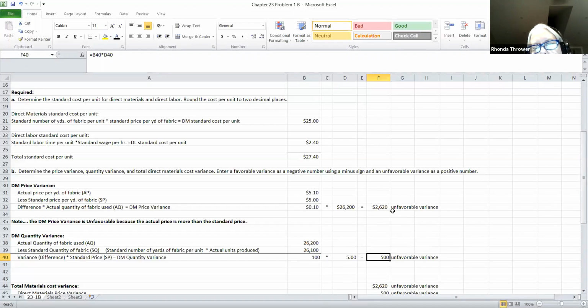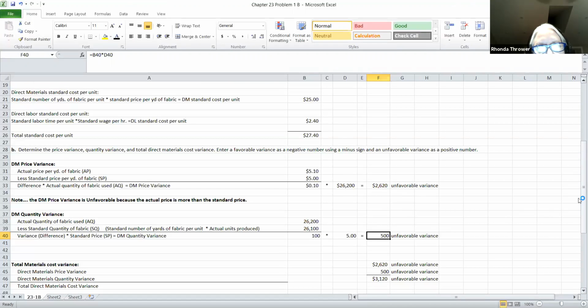So these are things that can help you with performance evaluation. Now, I wouldn't just use the unfavorable variances to evaluate employee performance, but it's something that can give you an idea of what's going on with the operations of your business